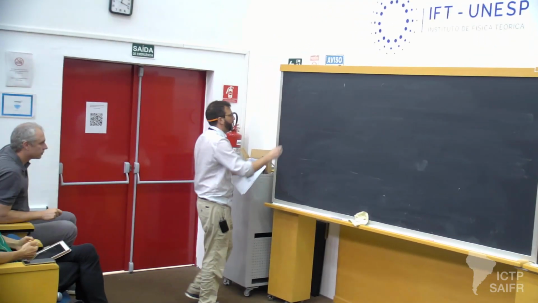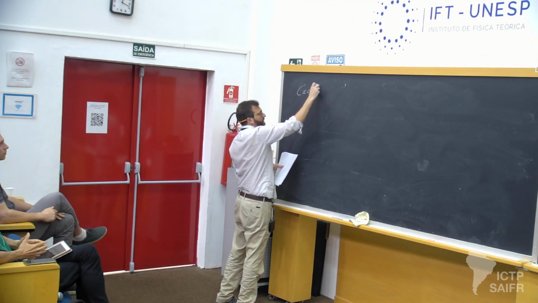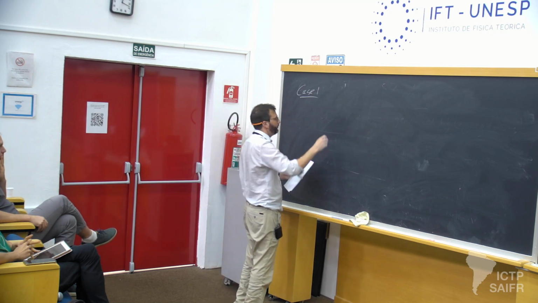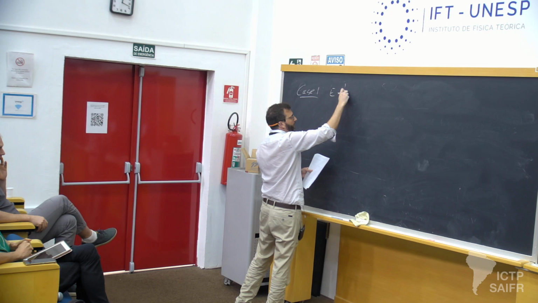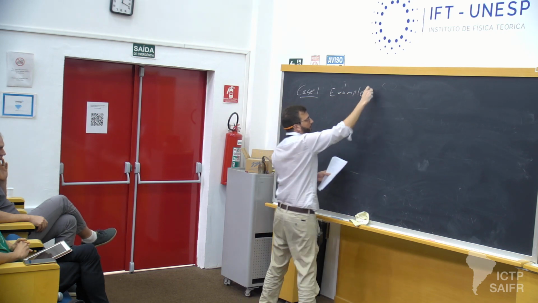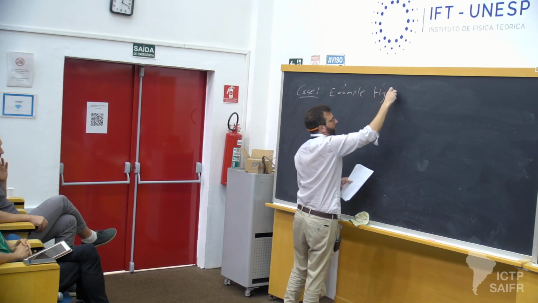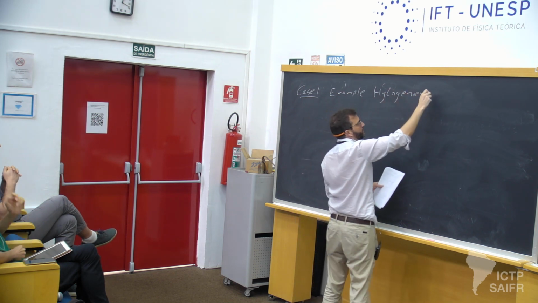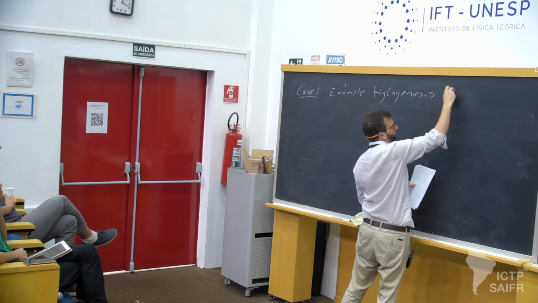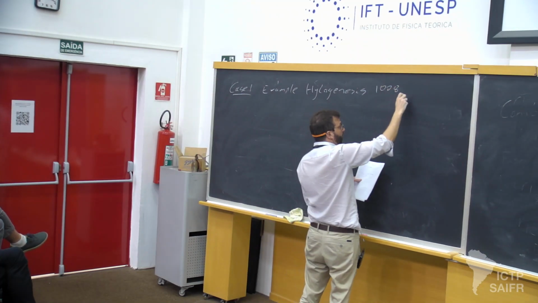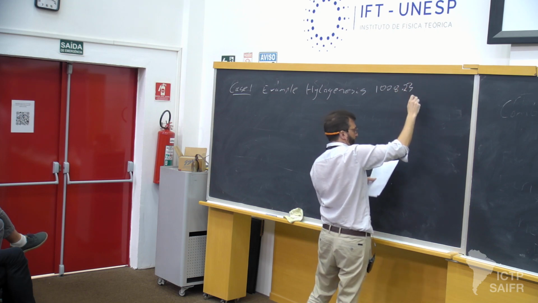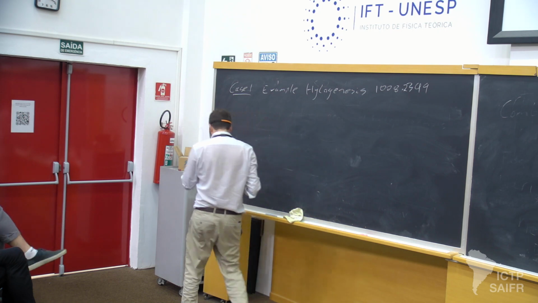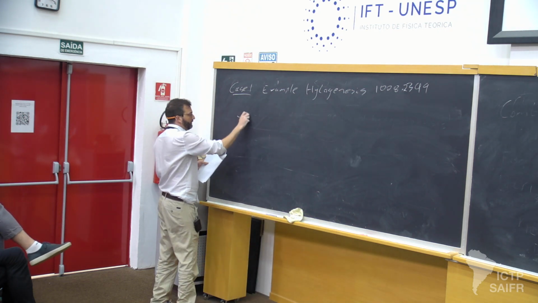Okay, this is an example of case 1 or option 1, which I wrote down the Lagrangian for briefly before. This model is called Iliogenesis, arXiv 1008.2399. Okay. So the Lagrangian here